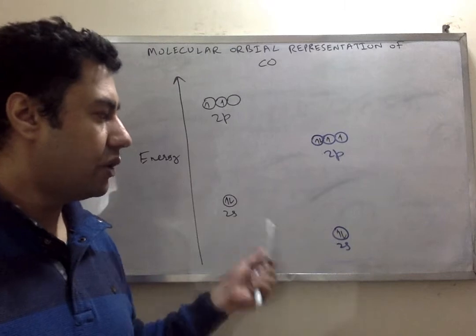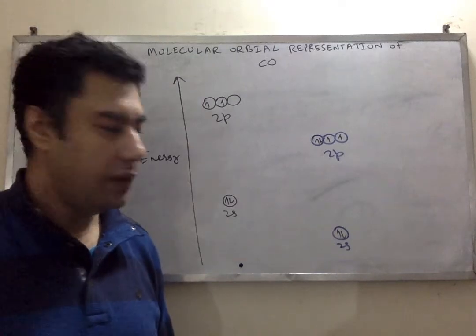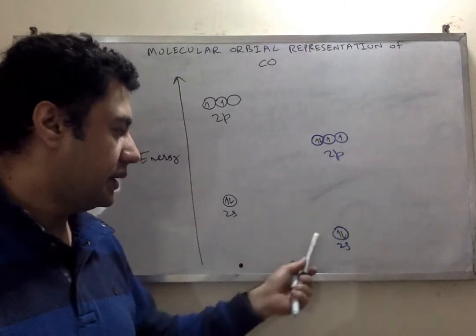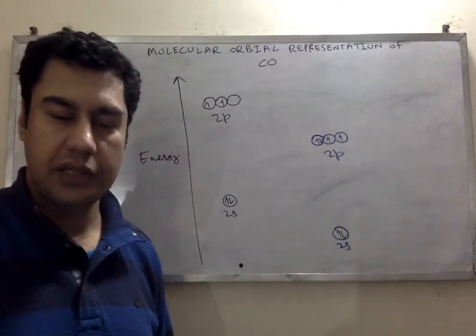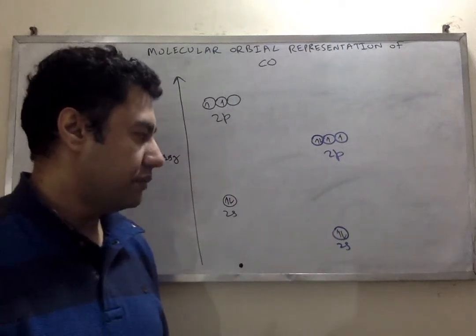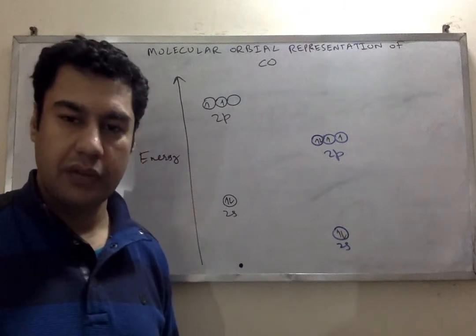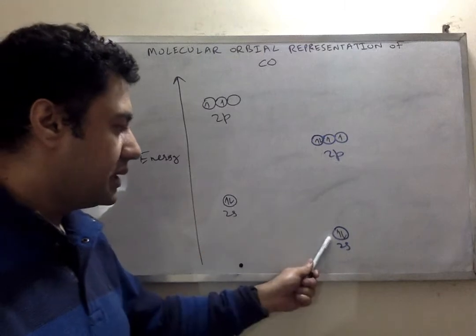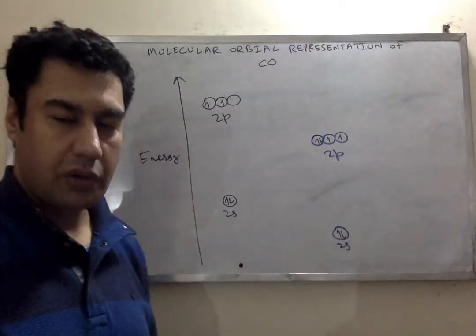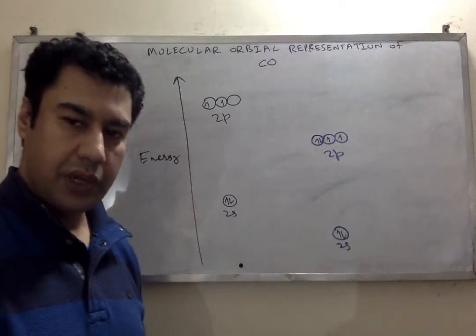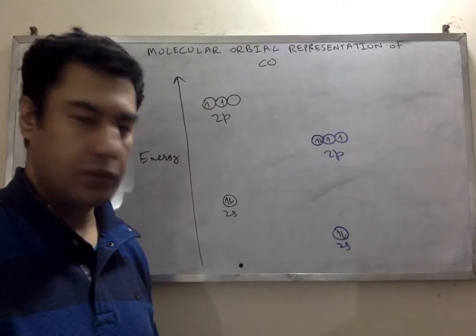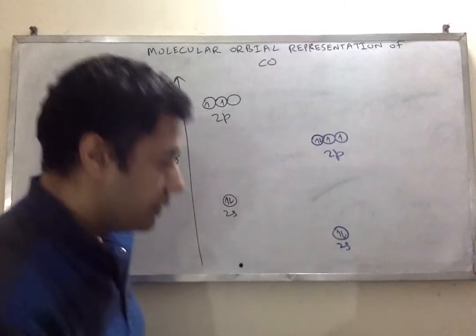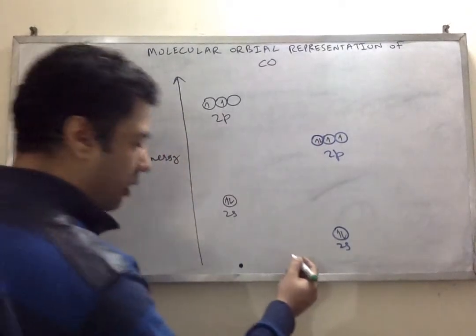Now let us see which orbitals start to interact. First of all, the energies of these two 2s orbitals are quite similar, and therefore they start to interact, and the result is formation of a completely new set of orbitals which are called molecular orbitals. If 2 orbitals interact, then exactly 2 molecular orbitals form, half of which are bonding and the other half is anti-bonding. So in this particular case, we are going to get one bonding molecular orbital,